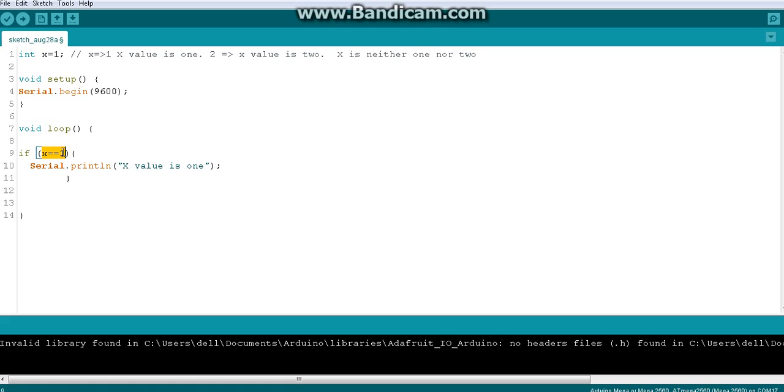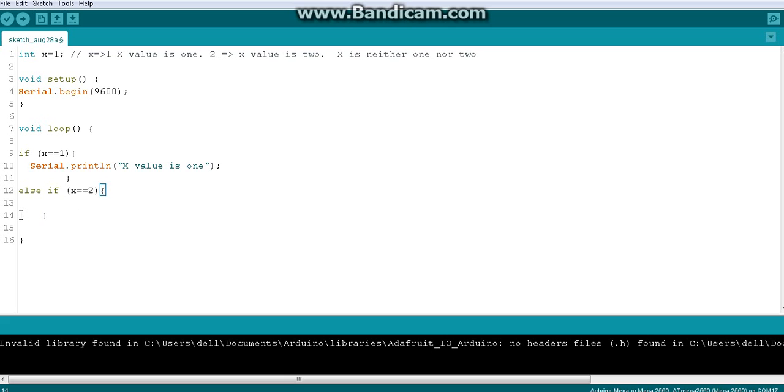Let's say if this is false, then I have to check what? The next condition, x is 2 or not. Okay, so I will write an else first. Else means if this is false, then again I will write if, else if. That means if this is false, I want to check another condition. That is the meaning of the else if part. I will check whether x is equal to 2 or not. See, I am again using a comparison operator. Then I will open and close the curly braces.